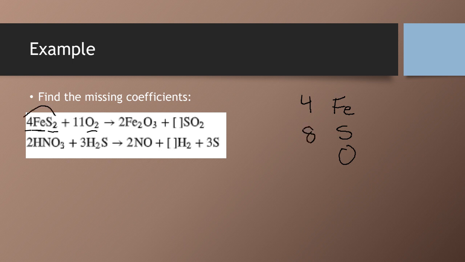And we have 11 times 2, so 22 oxygens. On the right-hand side, iron, we have 4 irons, 6 oxygens,